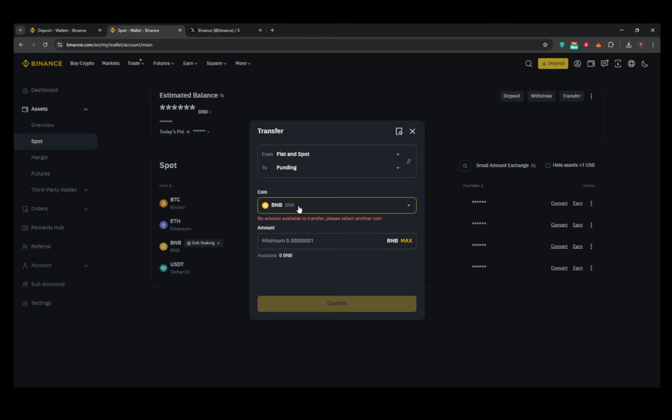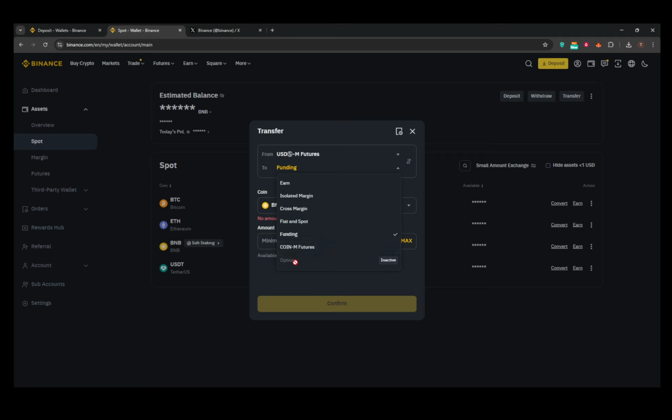Follow the steps outlined by Binance. Select USDT, choose Internal Transfer, enter the recipient's email or registered identifier if applicable, specify the amount, and then confirm the transaction. Keep in mind, certain regions or account types may not have access to this feature, so it's essential